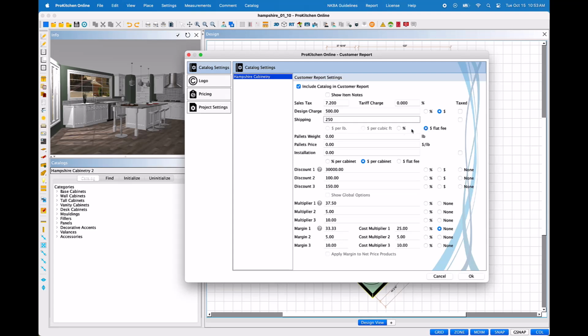If you intend to add the cost of the pallet fees to the customer's order, enter the pallet weight in pounds and the pallet price as a dollar per pound value. Then finally, determine the necessary installation fee, either selecting to base the installation fee upon a percentage of the cabinetry cost, charging a flat dollar rate per cabinet in the design, or by choosing to charge a flat dollar amount